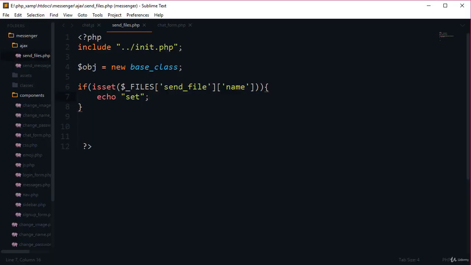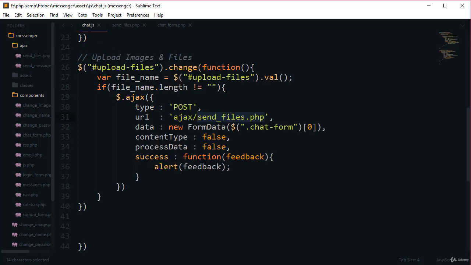Now friends, I think that's enough for this video. In the next video we will write more code. We will store the image inside the folder, and after that we will send the file or image name to the database and store the image name inside the table. We will also do the proper validation. If you have any issue, just write it in the QA area and I will give you the response.